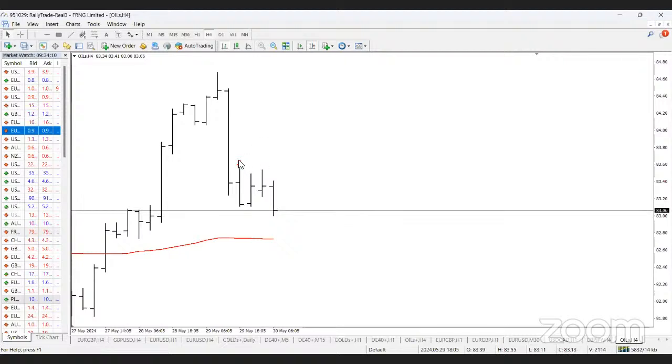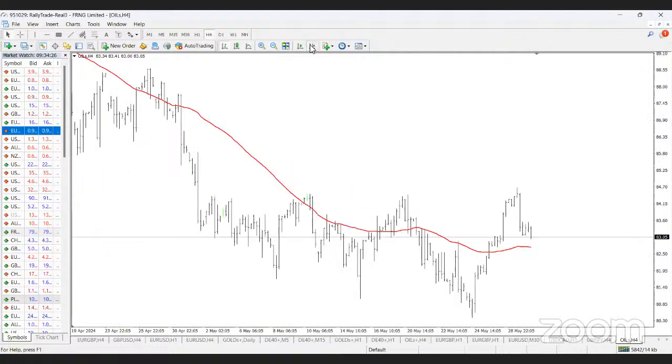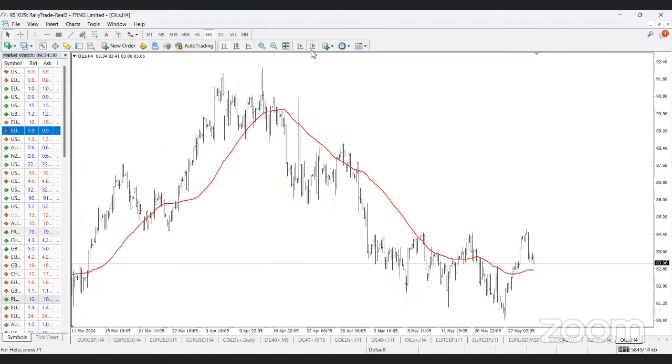Yesterday I did a little bit of analysis on oil, and I really believe that oil price will go up. This is just a little bit of descent. My analysis suggests that when oil price comes back for a retest of a trend line, then oil price can begin to move to the upside. How do I know that? If I plot a trend line here, pay attention if you're interested in trading crude oil. If I plot a trend line from this top,